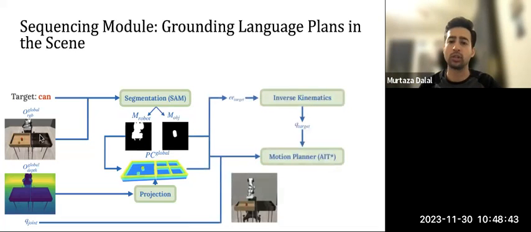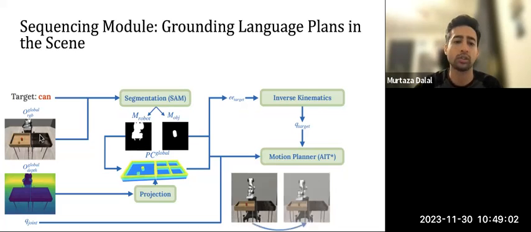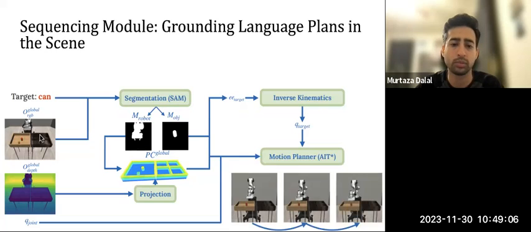So we use this to compute a target end effector pose near the object. We pass this to inverse kinematics to get target joint angles. And then we run AIT star, which is a variant of RRT star, to achieve an optimal path to the target configuration near the region of interest. And here's a visualization of the robot arm getting closer and closer to the can.